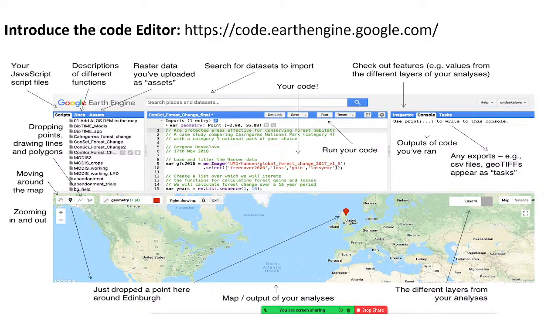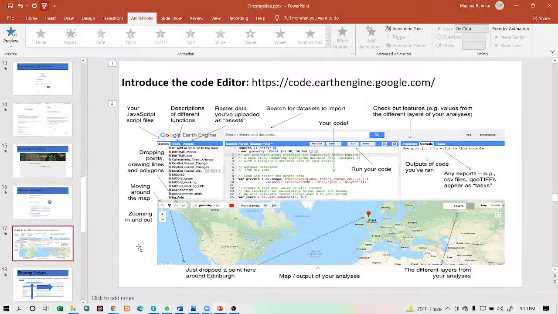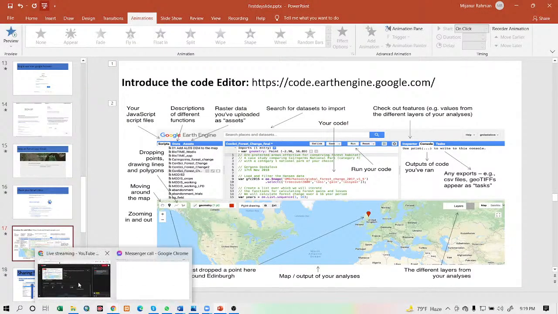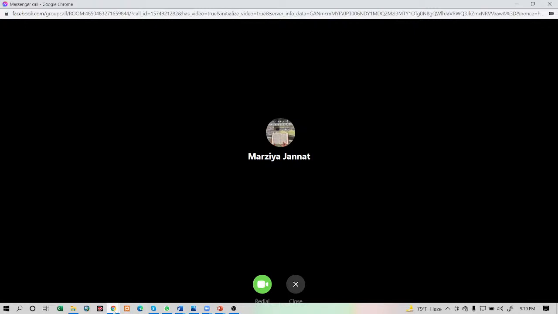Now I will discuss the code user interface and every function, so that you can easily understand. I will open my code editor.